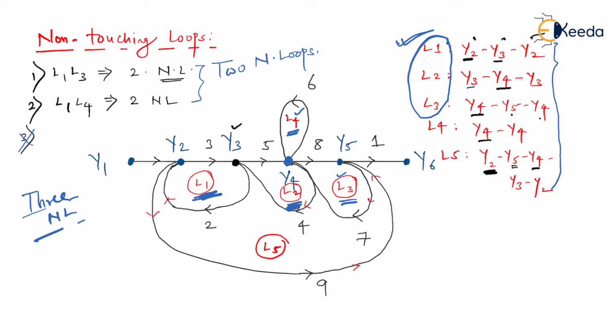So I'll write the conclusion here. What that statement means is there are no three non-touching loops. So we cannot have a set of three loops together that I can claim are not touching each other or not sharing a common node. I hope you understood these terminologies. The motive of this session is just to make you understand what exactly is meant by SFG, how it is constructed, and third, to understand the terminologies while solving the problems of SFG.